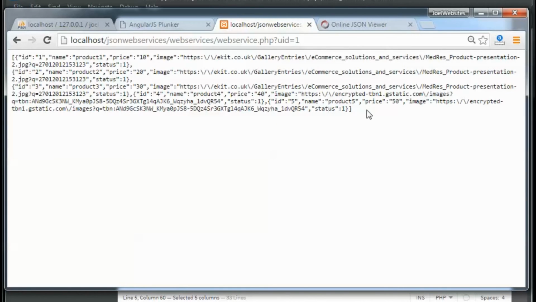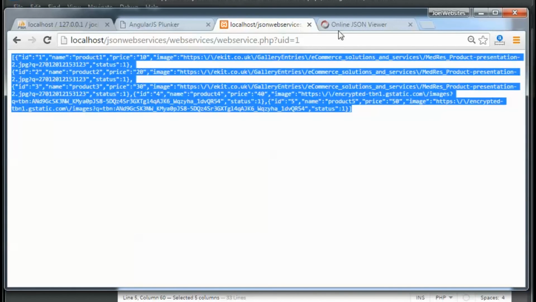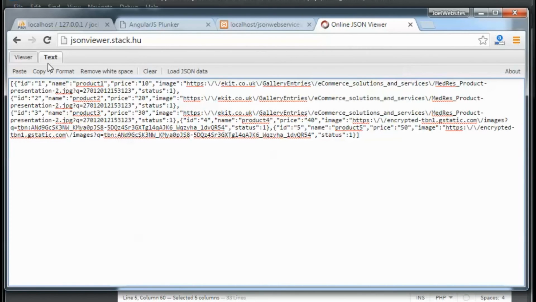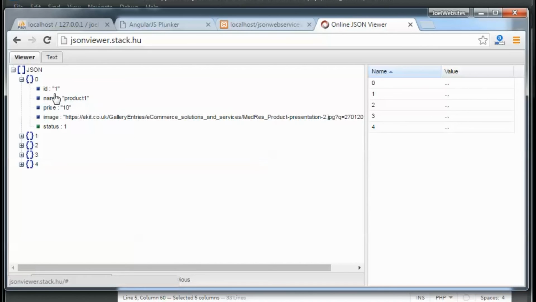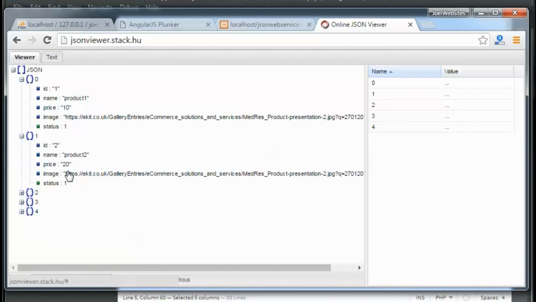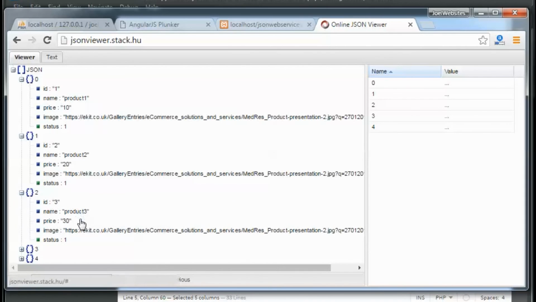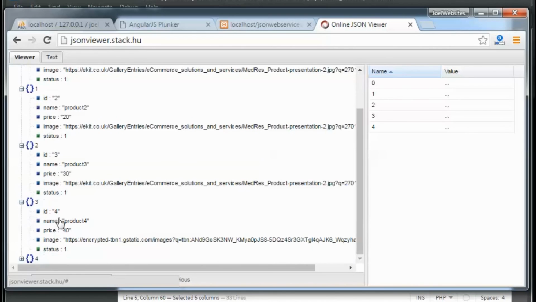Now see, let's say this is our JSON. I'm just copy pasting it in a JSON viewer, and in the viewer you should get the available JSON. So you see that the ID is 1, product 1. We are getting it in proper JSON format. So stay happy guys, because I'm not fooling you around. This is officially JSON data.